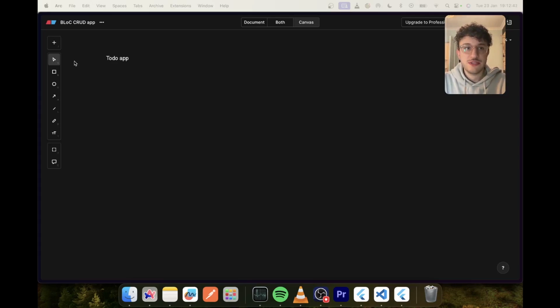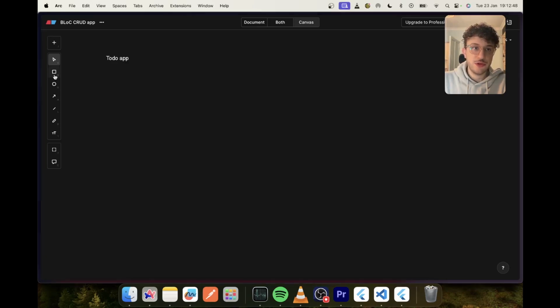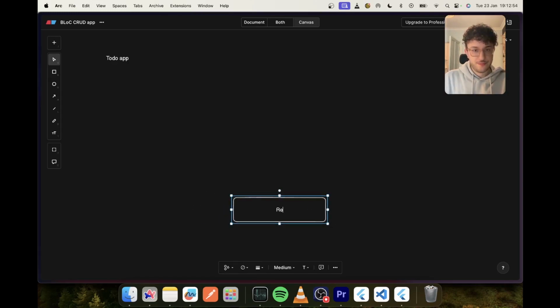So I'm assuming that we will be creating some sort of to-do application, and to design this I want to use the repository pattern. So this pattern implies that there is a repository at the bottom of it, and this is none other than a class that actually executes the interaction with the database or our backend. So this class will include methods such as get to-do, delete to-do, create to-do, update to-do,